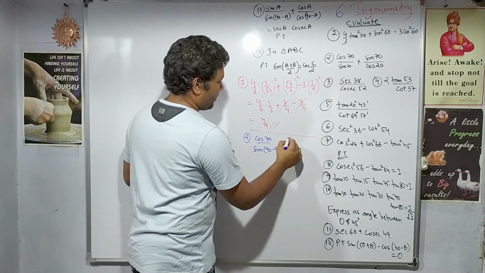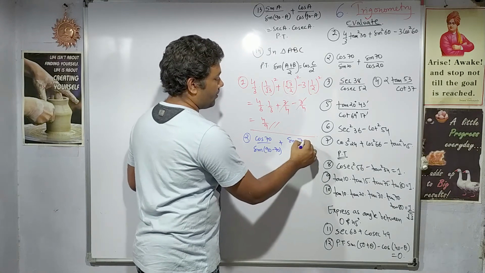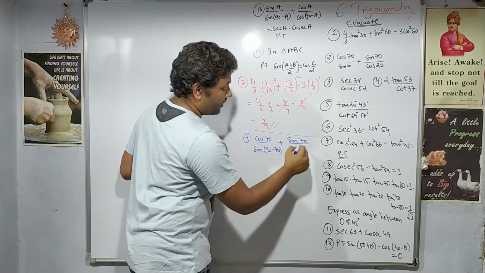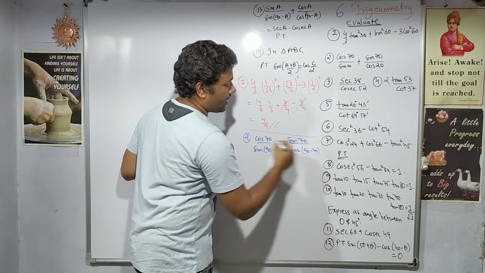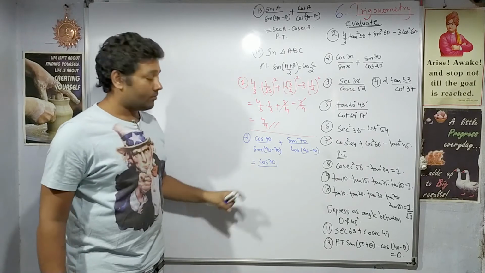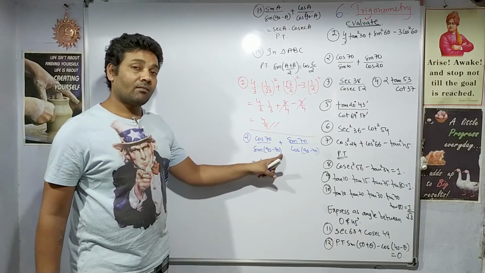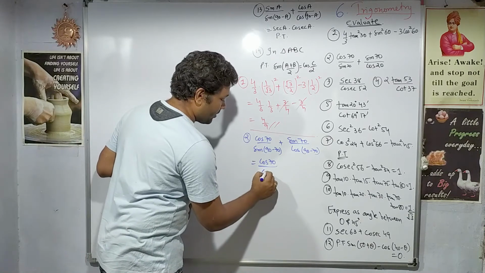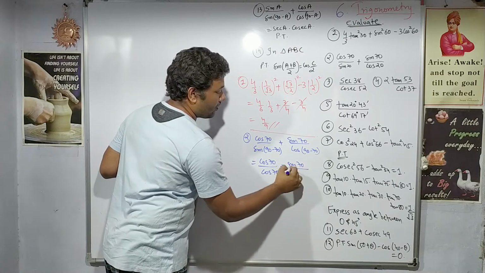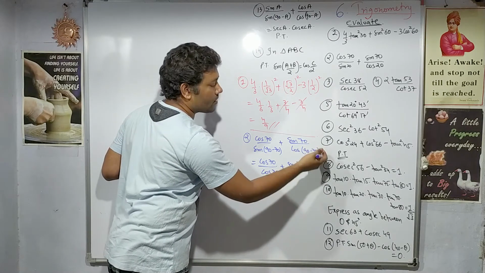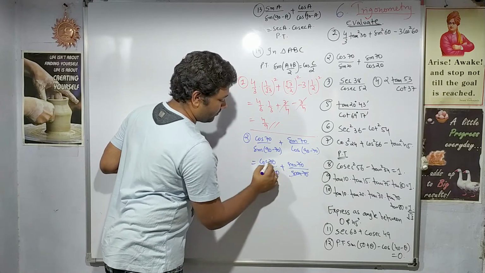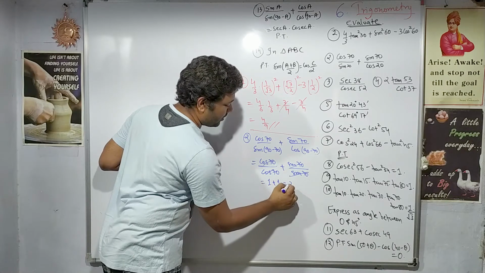Let us start. Again here also I'll use it in the denominator. What is the complementary of 20? 20 is 90 minus 70. So cos 70. Now we know sin 90 minus x is cos x. In place of x we have 70, so we'll write 70. Same thing here, cos 90 minus x, in place of x you have 70. Simple. Answer is 2.